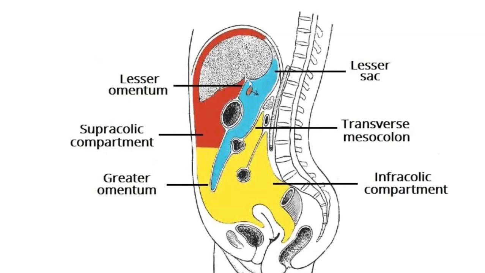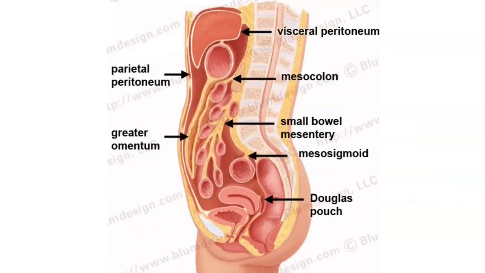So here you can see the structure in blue is the lesser sac, and the structure all the way in brown and yellow color is the greater sac. Okay, this is the epiploic foramen. So as you can see here,